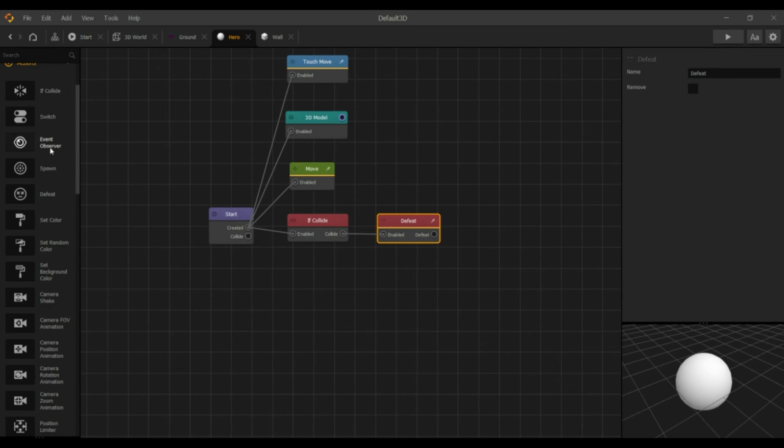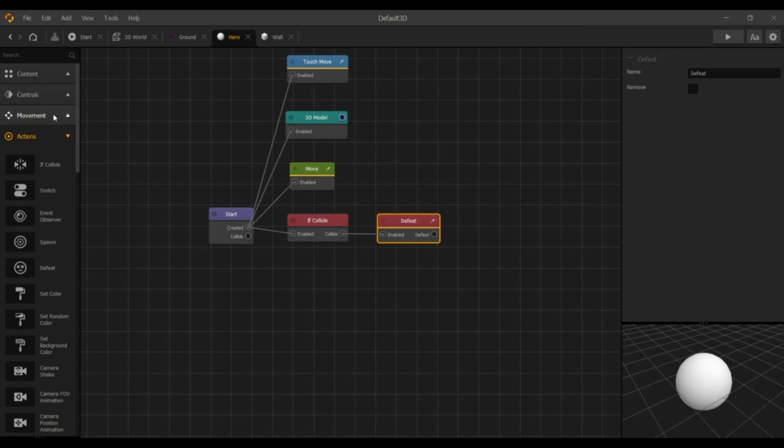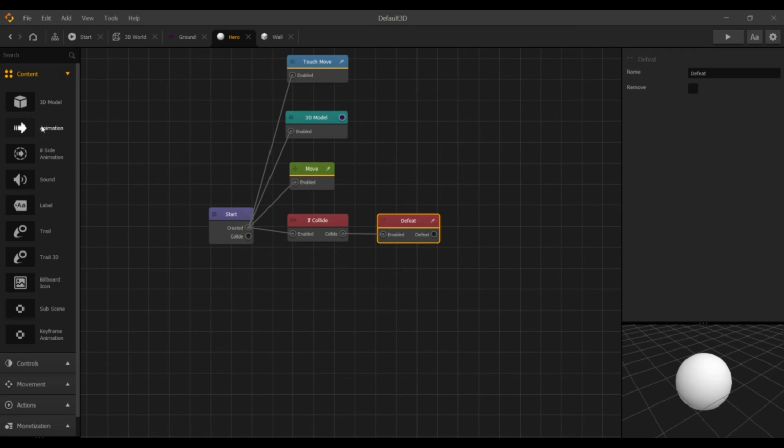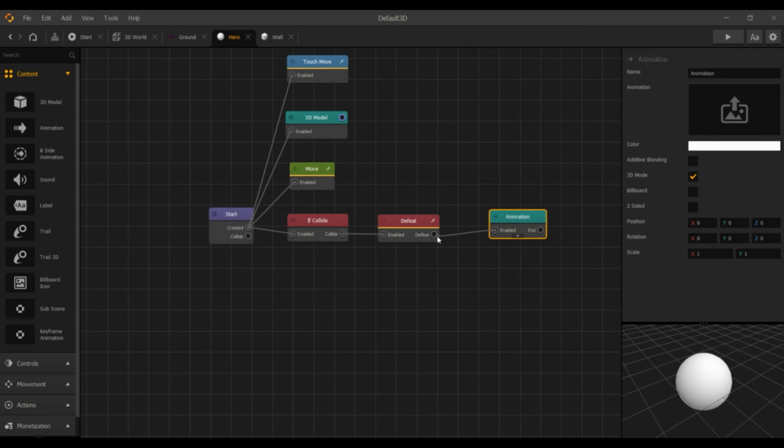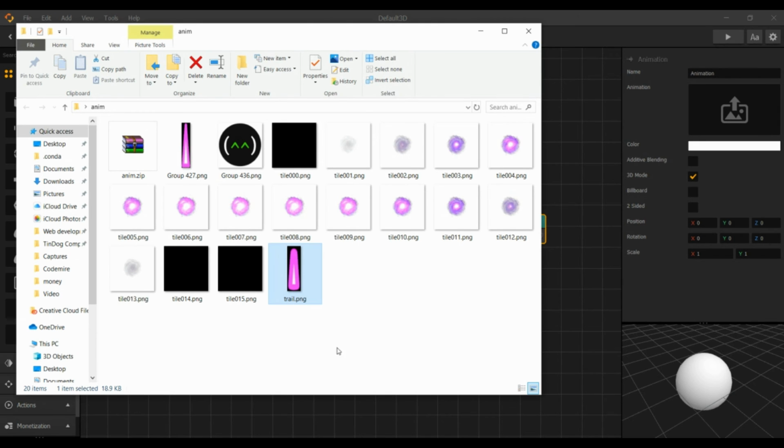But this is not so interesting, so we will be adding an animation. So just go to the content, and here you can see the animation. Just drag and drop it here, and connect this animation to the defeat. In this animation you have to import your animation. I will be sharing the animation assets with you. So these are the animations. I'm just using this animation which I have created. So I just drag and drop it here,